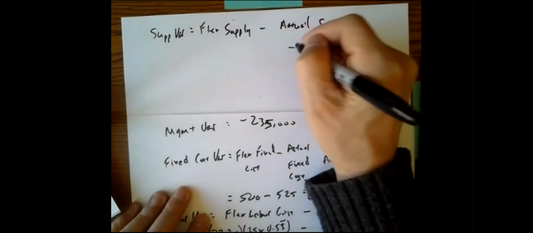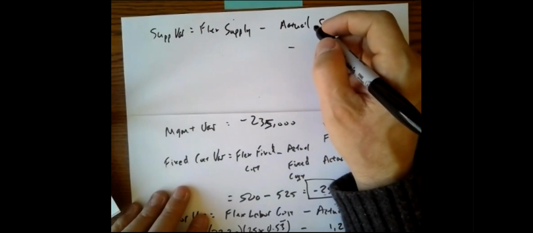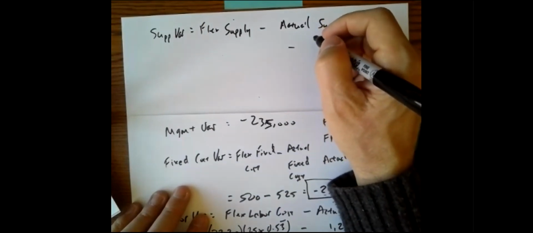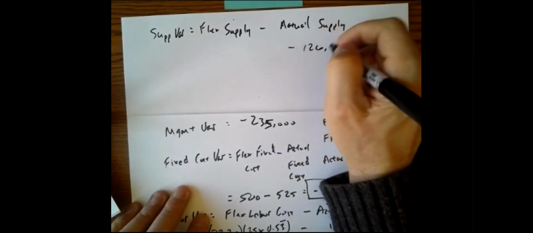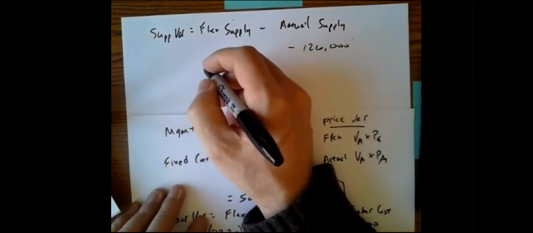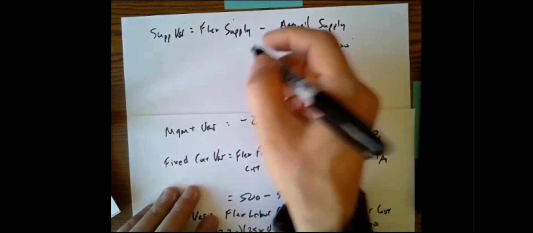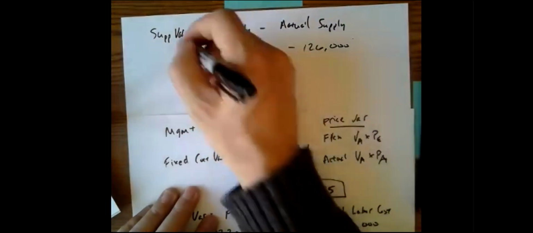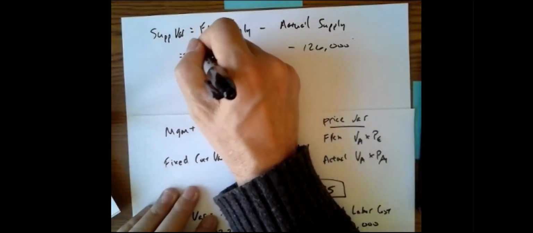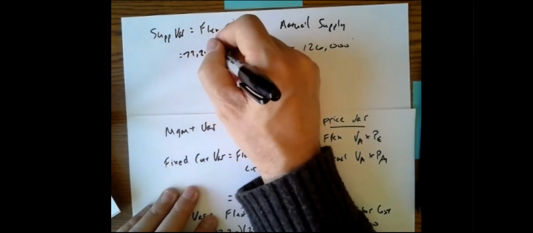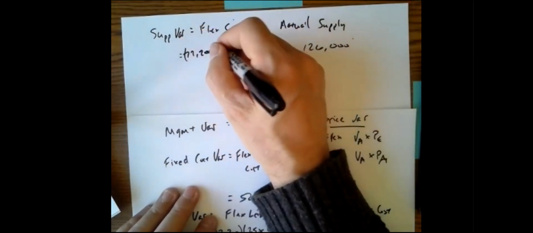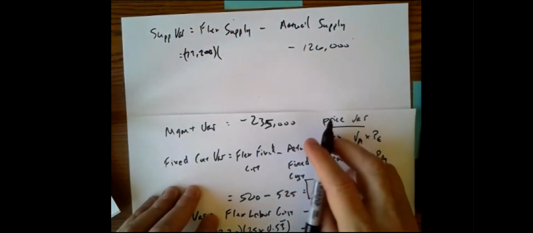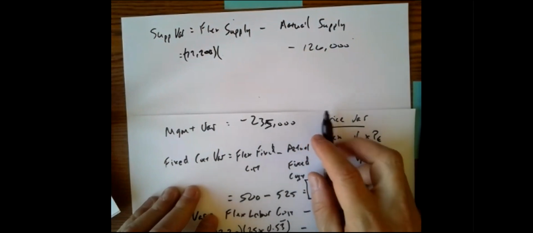So the actual supply is given to us in the problem, and that is 126,000. So where does flex supply come from? Well, we have our volume, 77,200. That's our actual volume because this is flex, and then we need a supply price,